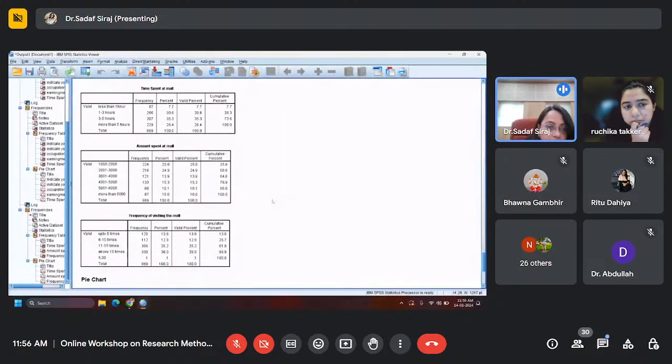In terms of amount spending behavior, again, if I have a look, I'll say that usually the maximum percentage, which comes out to be 25.8% of the people, which is 26% of the people, they spend nearly 1,000 to 2,000 rupees per visit, right? And in terms of frequency of visiting the mall, you will see that it was talking